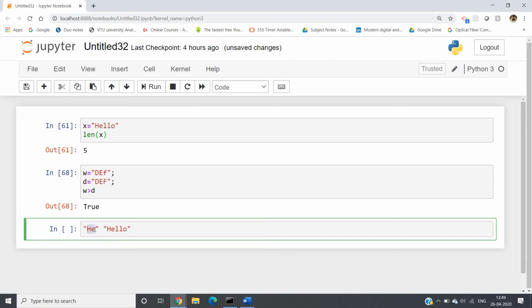See, h and e are present consecutively in the string hello. So see, he appears here. So basically he is a substring of hello. Now how you can check in programming? There is in, we have to use. This particular statement will return us true if he is a substring of hello. If it is not a substring, it will return us false. So he in hello, obviously it should return us true because he is a substring of hello.